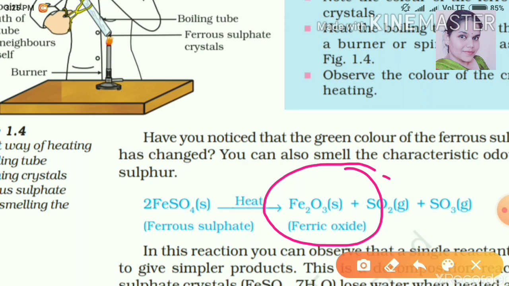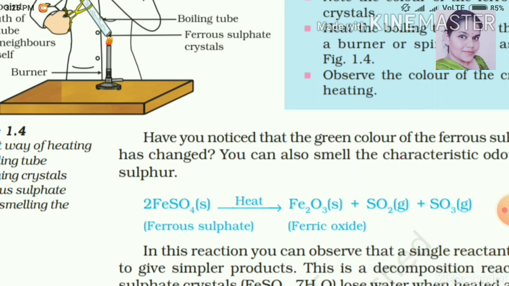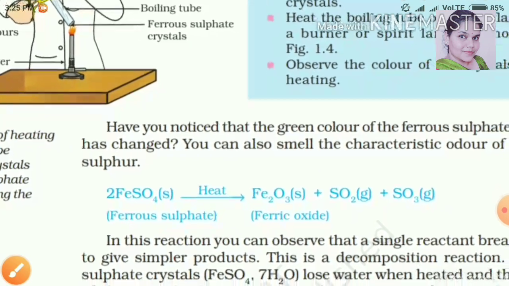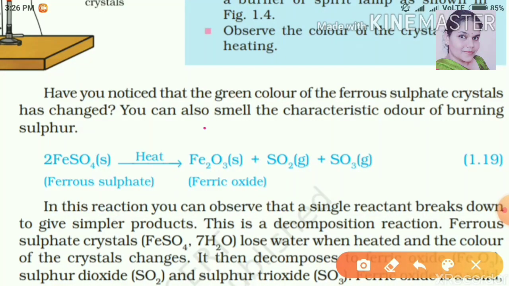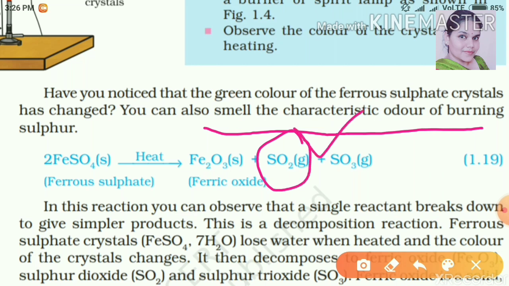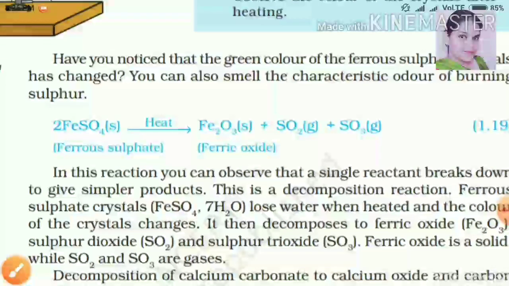Also they release two gases. First is sulfur dioxide, and then the second one is sulfur trioxide, and both of these are harmful gases. Also we will note down the odor or smell of the gases coming out. So the smell is called a pungent smell, or pungent means very sharp, tikhy smell. Why? Because of this gas, sulfur dioxide, it has a characteristic odor, that is pungent smell. So we will go through these 2 points.